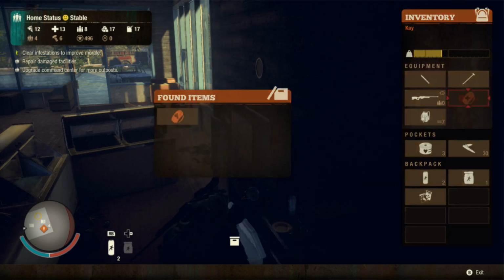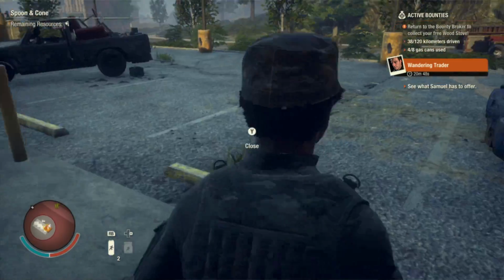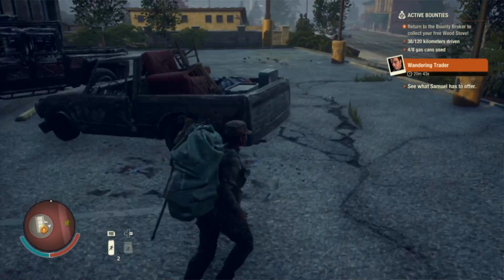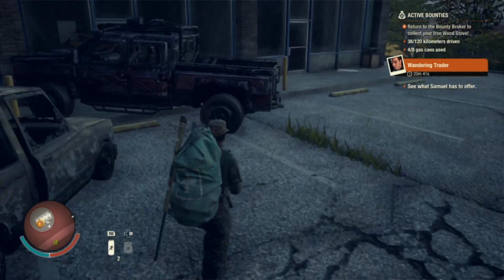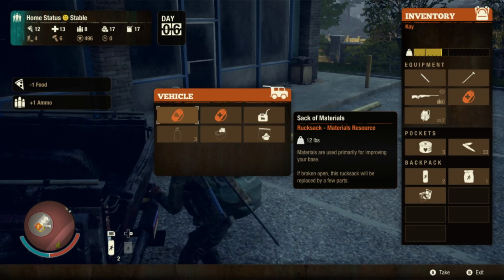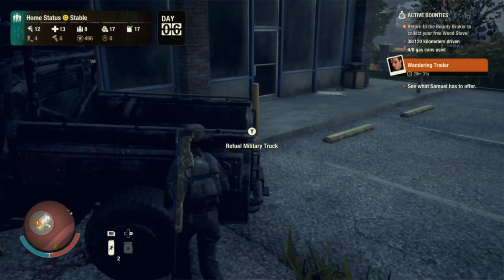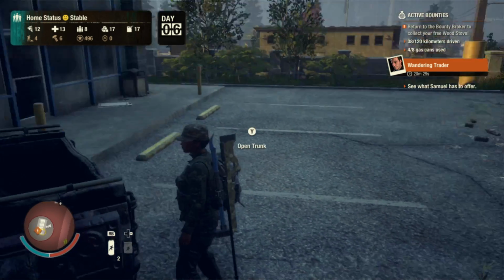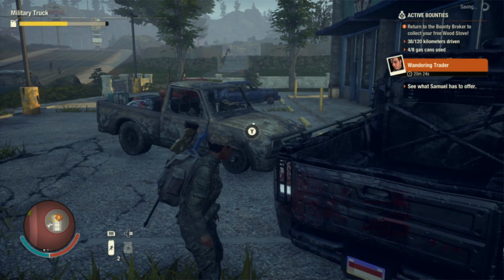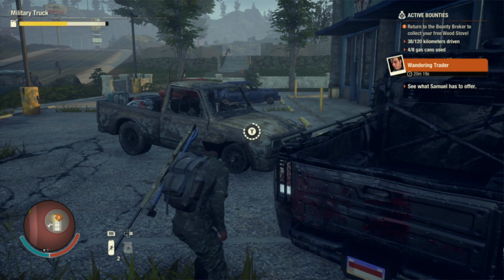Food resource. Okay, I gotta come back for that. Ooh, and that car looks like it... Is that my car? No. That car looks like it has stuff in it, too. Ooh, no. I forgot to empty out my car. And so...